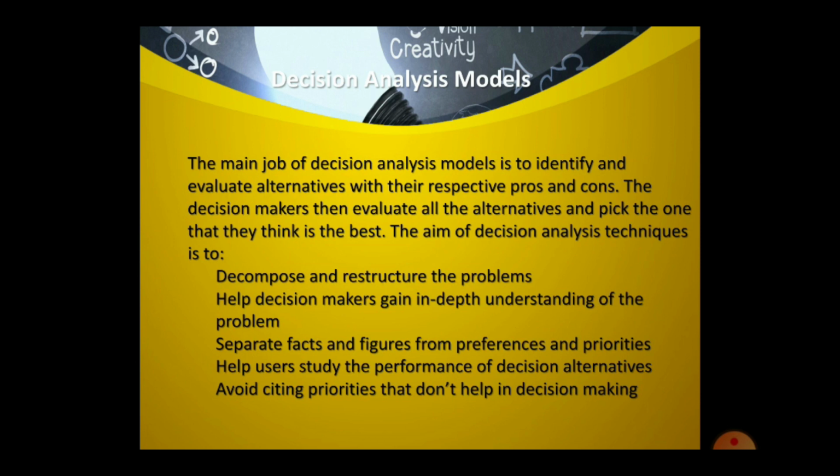The aim of decision analysis technique is to decompose and restructure the problem, help decision makers gain in-depth understanding of the problem, separate facts and figures from preferences and priorities, help a user study the performance of decision alternatives, and avoid setting priorities that do not help in decision making.